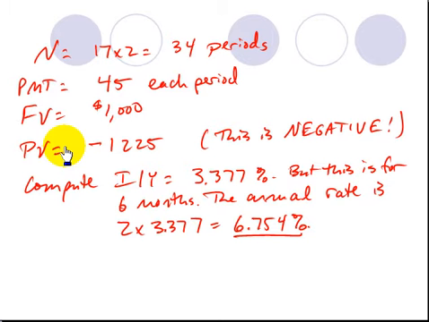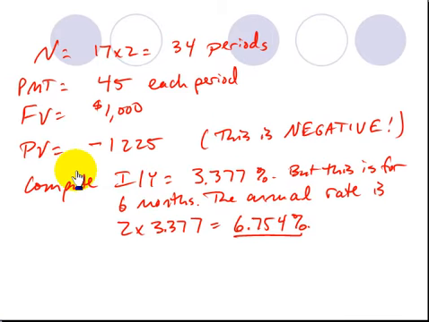It's also the same convention that Excel has and most other financial calculators as well. The present value, the price, is of opposite sign from the cash flows that you get from the bond. And the rationale for that is you would pay $1,225 in order to receive $1,000 at the end and $45